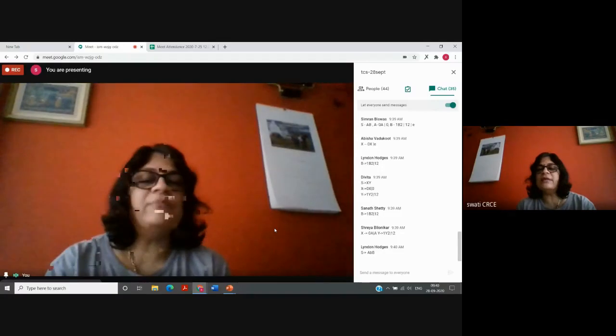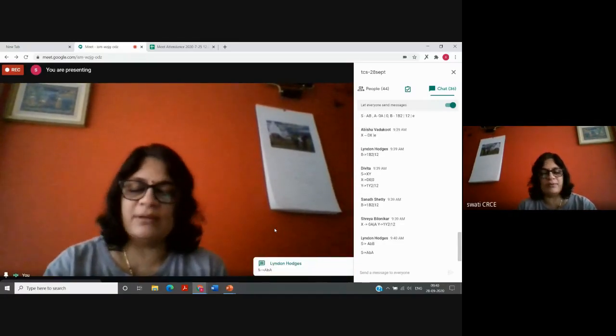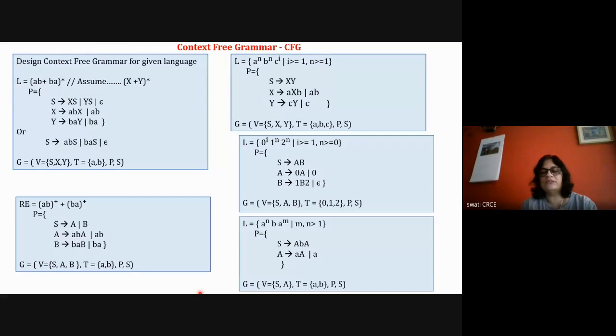We can use the same variable in this case. This is also correct. You can use the same variable. Correct, Linton has done correctly. S is equal to A, B, A, because here this is the number of A's. So you can use the same variable instead of two variables. It will be capital A, B, capital A, and A will be small a or A. And then you write down the final answer.